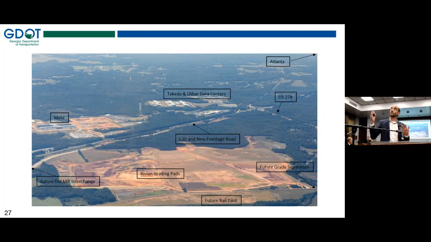Just to show you an idea of all the other activity happening in Stanton Springs, south of I-20, as we're looking at this image, to the top of the page of this image, that's where Meta has located one of their major data centers, and you can see that facility being constructed. And then we also have Takeda, which does a lot of biosciences and pharmaceutical work, and other data centers in the Stanton Springs area. So major activity happening here east of Atlanta, and naturally Rivian sort of anchoring the whole